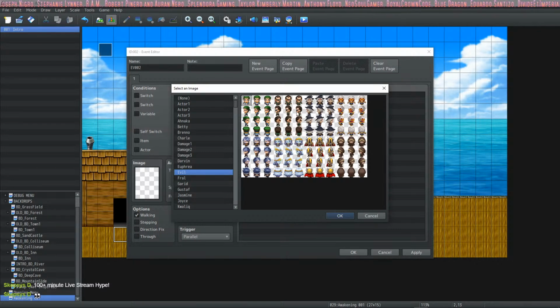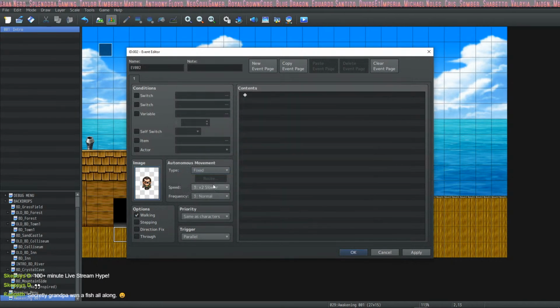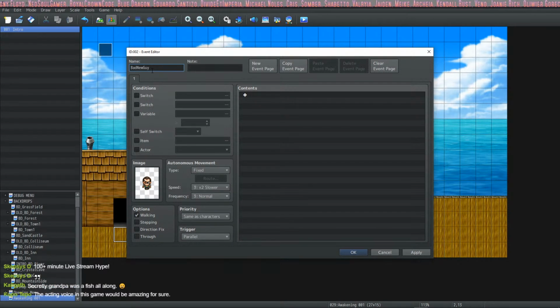Grandpa's gonna be dead. We're gonna have Eye Patch Man come out. Bad news guy. Secretly, Grandpa was a fish all along. I knew it!